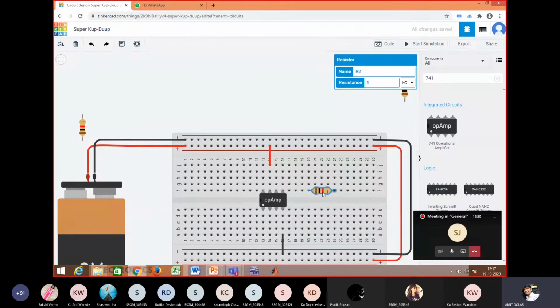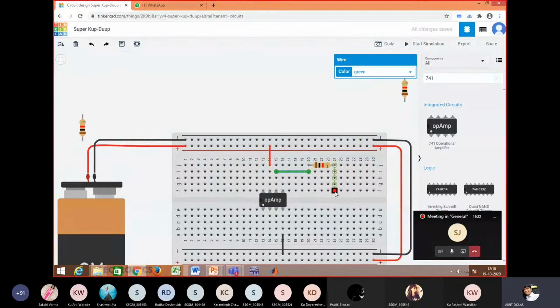So I'll place it somewhere here. This is the feedback resistance, and it is to be connected between pin number 6, which is the output. This is pin number 6, and this is one terminal, one end of the resistance. I have placed this horizontally because if I place it vertically, both terminals will be shorted. I hope you know that on a breadboard in this region it is vertically shorted, horizontally open. So I kept it in this way.